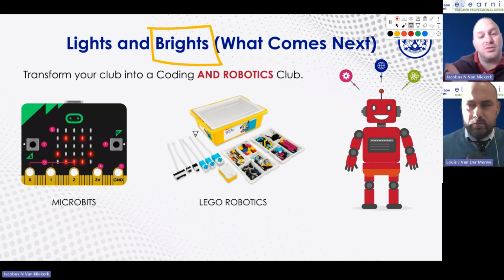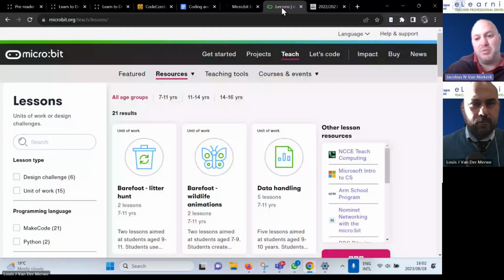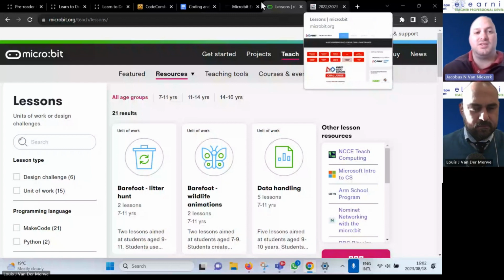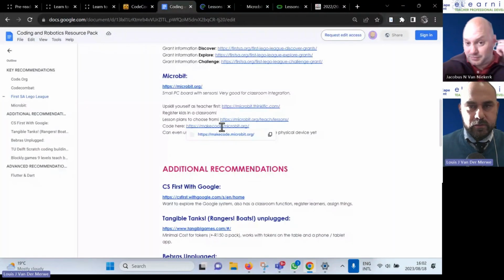While he's sharing his screen, this is not to discount the other alternatives out there, because a lot of people have mentioned other alternatives. This is just purely from Louis' experience, the ones that he's found he liked the best, that worked well for him. This is the document that we're going to share with you guys later on.